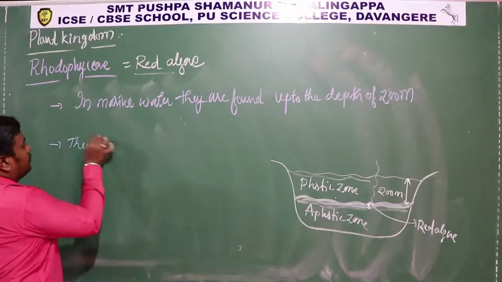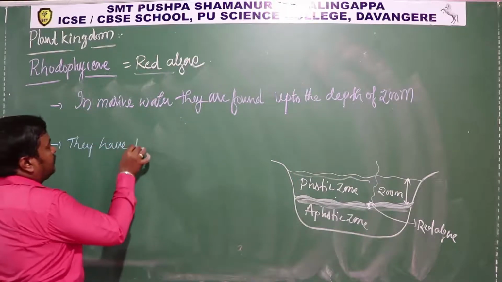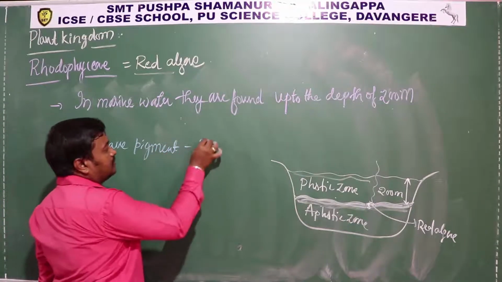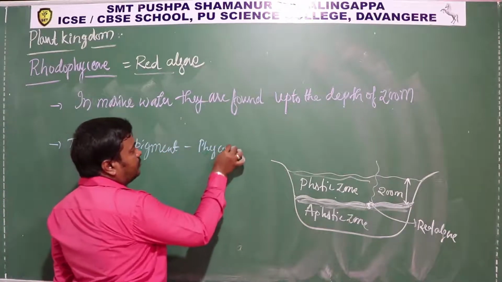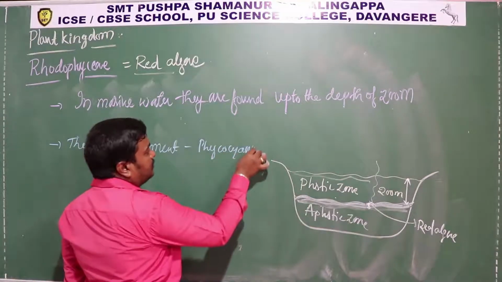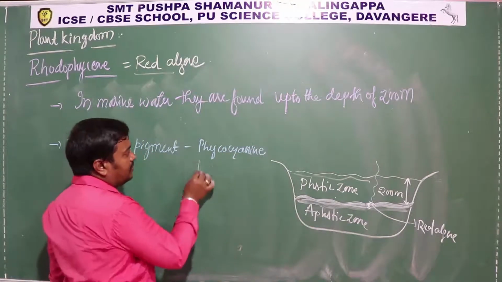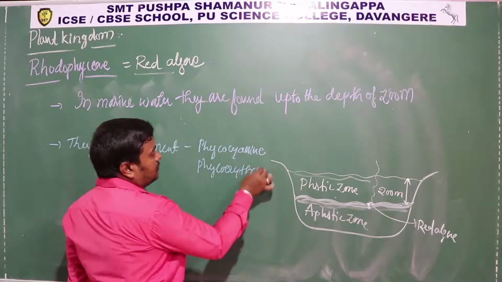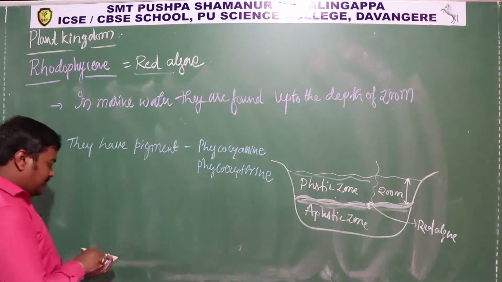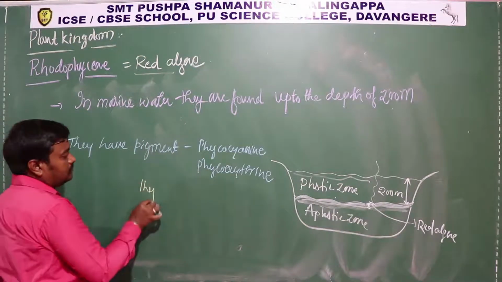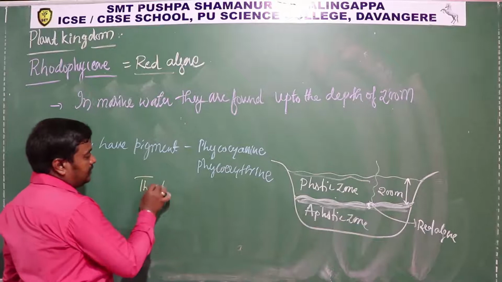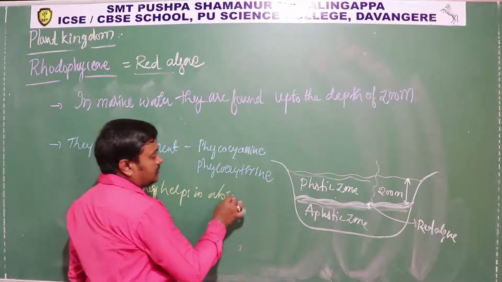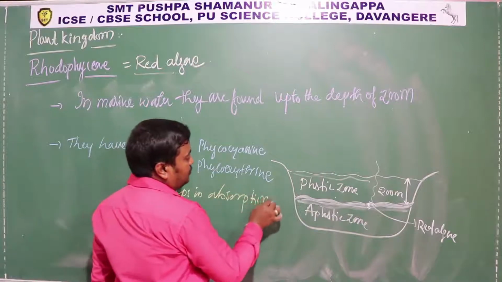pigments like phycocyanin. Okay, so phycocyanin and phycoerythrin. Okay, they help in absorption of